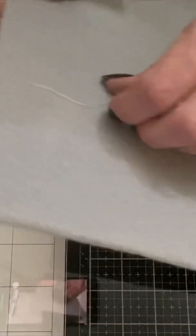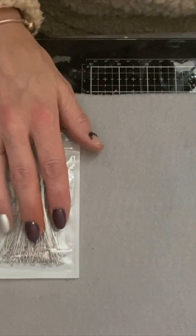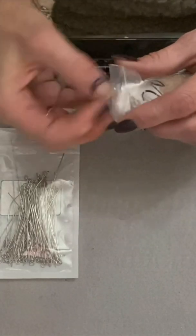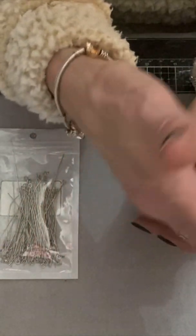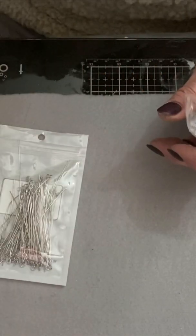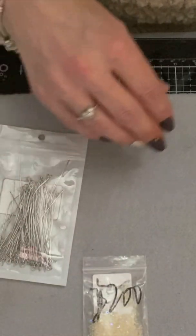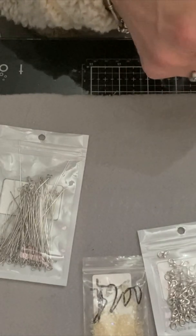The next thing that I've used is, just let me get my water. I've used some of the eye pins, some of these beautiful glass rhinestone beads that are all faceted and iridescent. I'm throwing them all over the place. There's 200 in there. I've also used the lobster clasp,